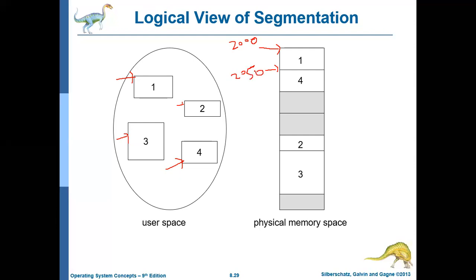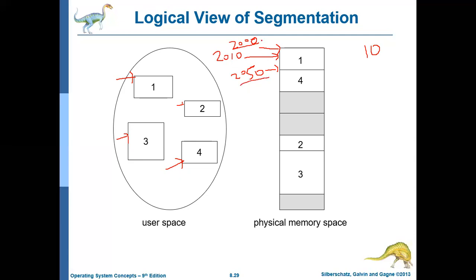Then what is this offset? Offset specifies exactly which location you want to access. So if offset is 10, then the starting address will be added with 10. So 2000 plus 10 is 2010, which will come somewhere here. It means that currently you want to access the location 2010, right? So a logical address always contains two things: one is the segment name and the other one is the offset.